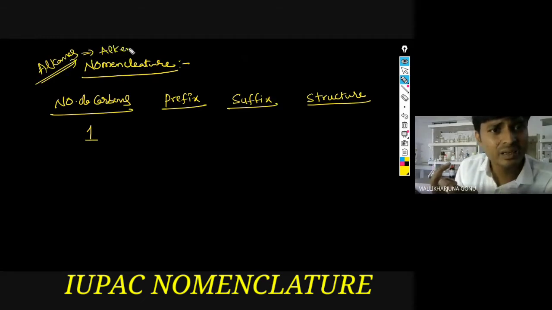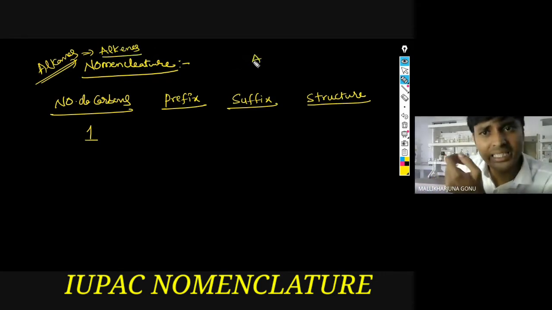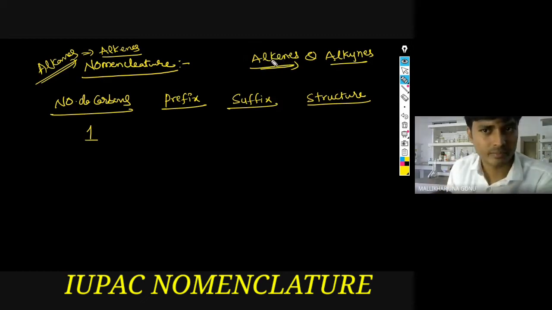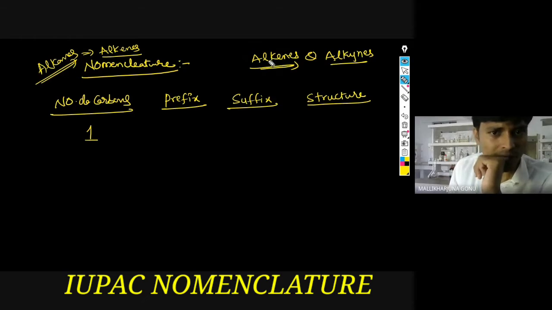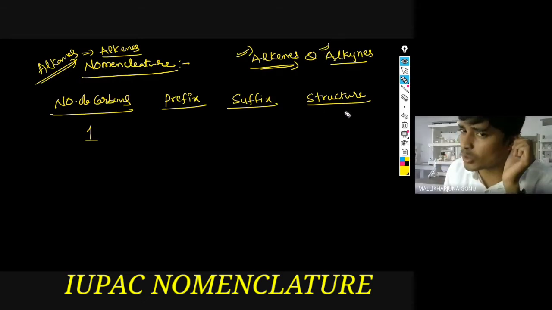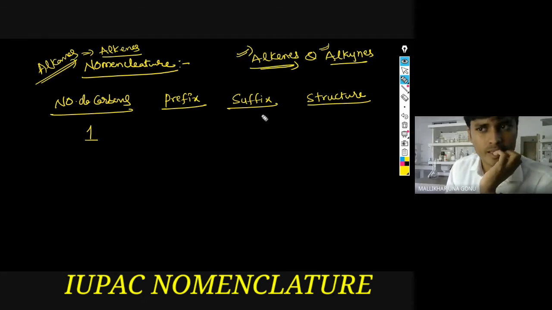In the next class, for homework, you have to work out how we can write this for the alkenes and alkynes. What are these alkenes and alkynes? I will explain that anyhow. These are the unsaturated compounds. Number of carbons, I am going to explain for alkanes. As homework, for alkenes, what is the structure, how to write the names of those structures, and how to write the structures. Prefix, suffix, the same way I am going to write.